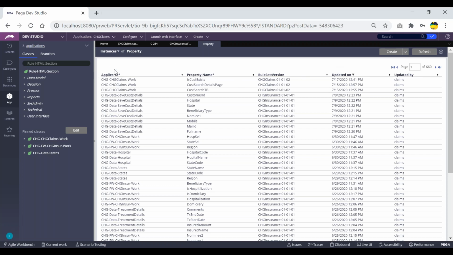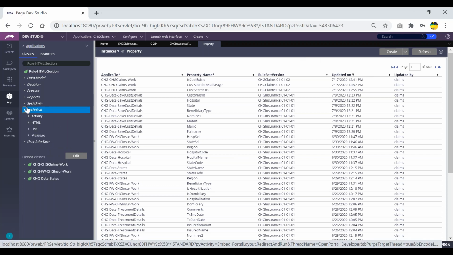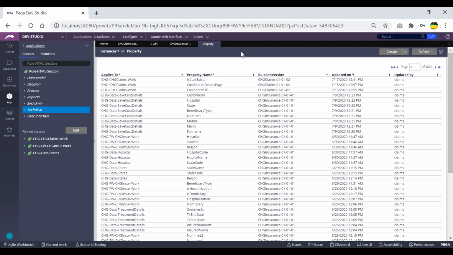But in interviews they will be asking you. Deliberately they will ask, what's the instance class of a property? That's okay. What's the instance class of an activity? What's the instance class of a decision table? What's the instance class of a decision tree? We will not remember each and everything for sure. Still they ask because you have to understand the concept and just say the trick. So I'll tell you how the instance class is calculated.